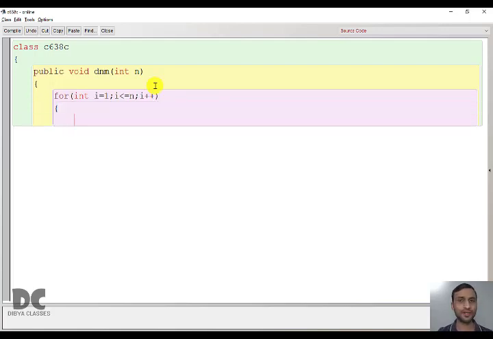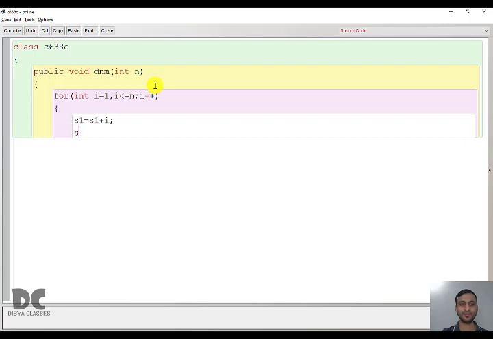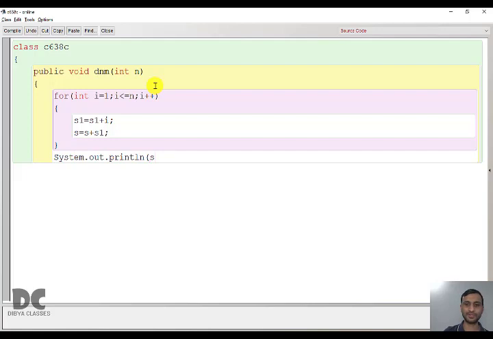Here we require two variables. One I will take s1, and another will be s equal to s plus s1. After completing the loop, we are going to print the final answer, which is present in s.